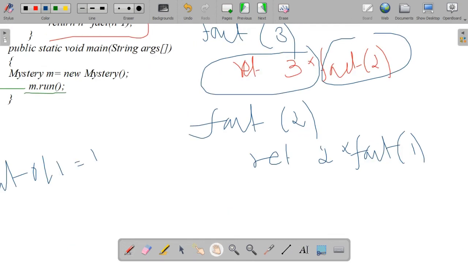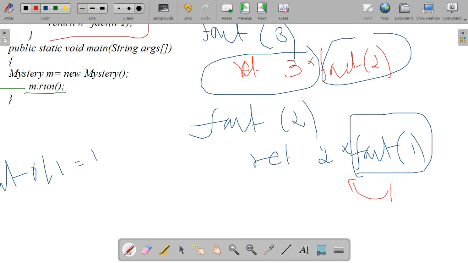So it comes to the base case, n equal to 1, return 1. This is the base case. You know that the base case means it should stop the recursive method. It will exit from there. So what is the value of fact of 1? 1. So here the control will come back.